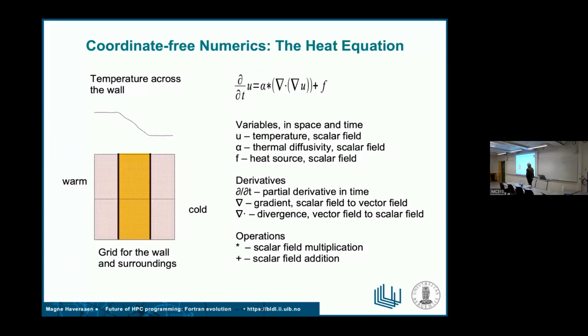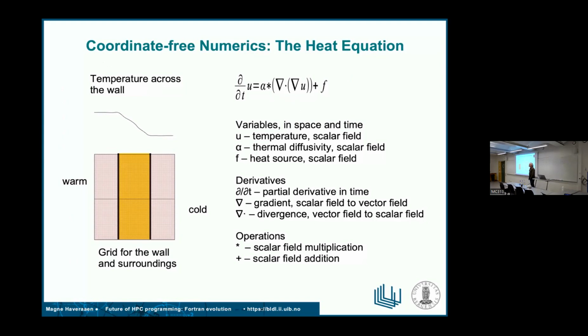And here's the heat wave. You can see there's the Laplacian, and it's a very simple formula, and again, it's the same operators. So once you have them in your API as a requirement, you can easily just write this in the language of coordinate-free PDE solvers. And then you don't need to worry about the coordinate system at that level.